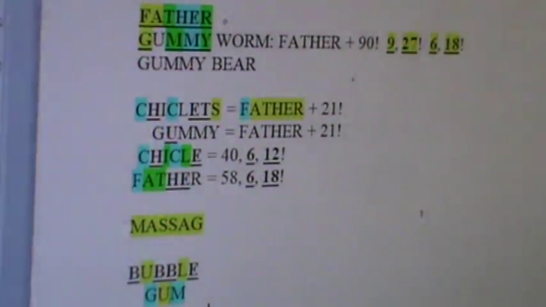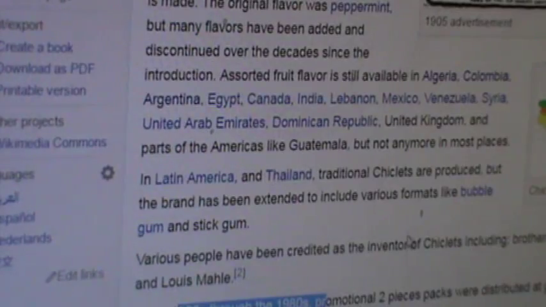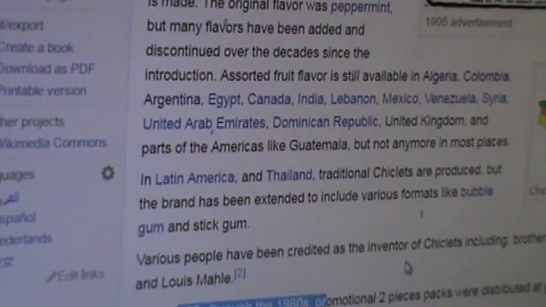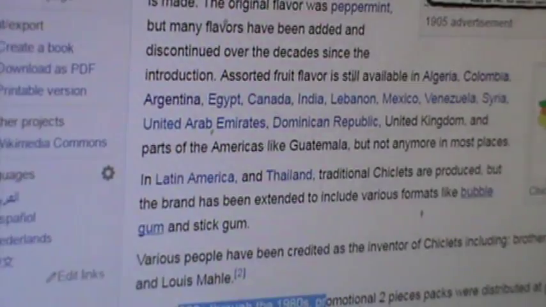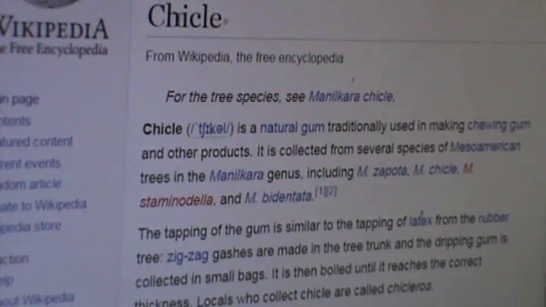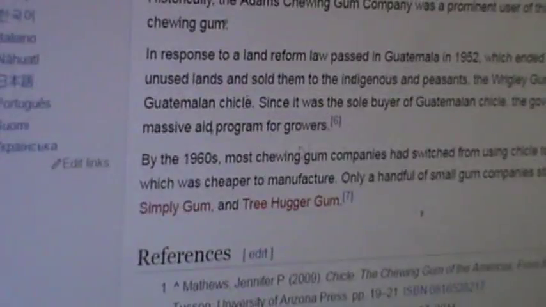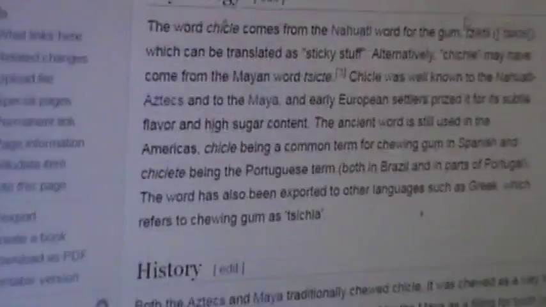I had that word come to me. I believe it's the Spirit, absolutely. God is sovereign. And chiclets were one of the original bubble. And then we solved the root of chiclets, which is chiclo for the Father. And then the video cut out when I was looking through the history here on this. And then,